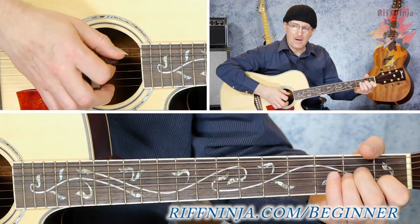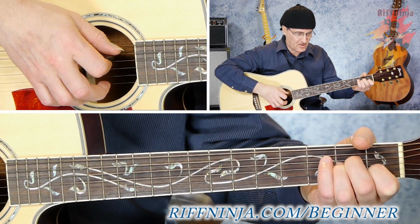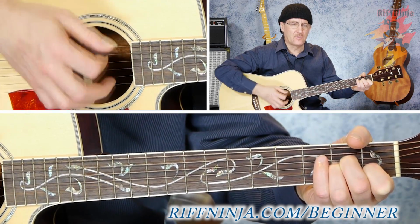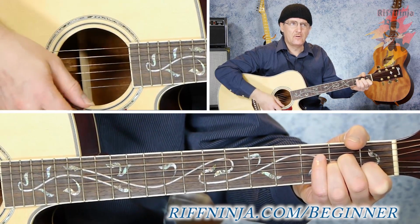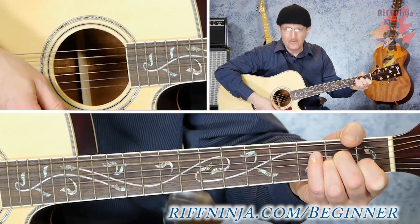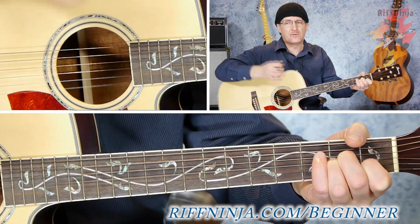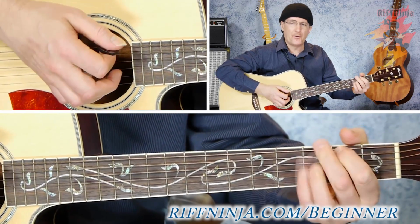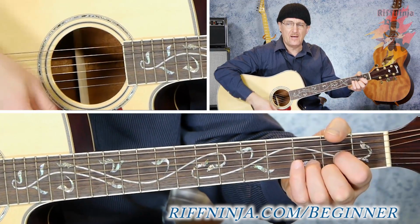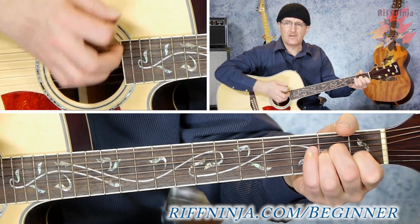When you get to the A minor, it's a full bar, and the way I strum the A minor is 1 down. I count quarter note for the first down, 1, and then eighth notes for the last 3 beats. So it's 1, 2, and 3, and 4, and that means down, down, up, down, up, down, up, just like that. So now we put it together and it goes 1, 2, and 3, 4, and 1, 2, and 3,